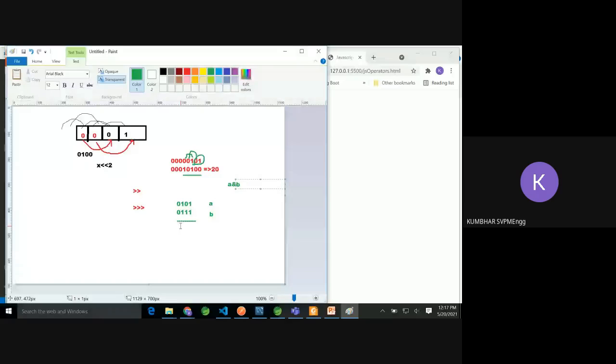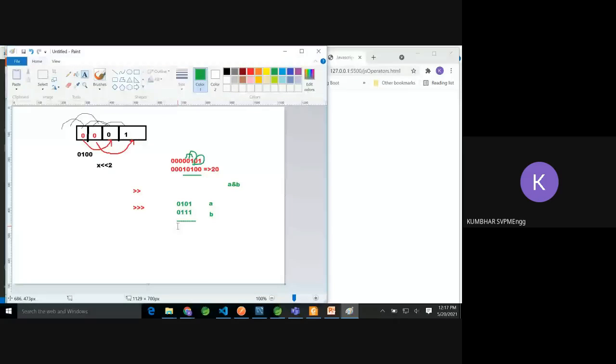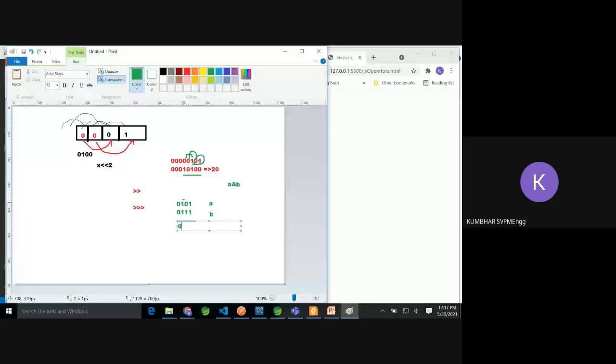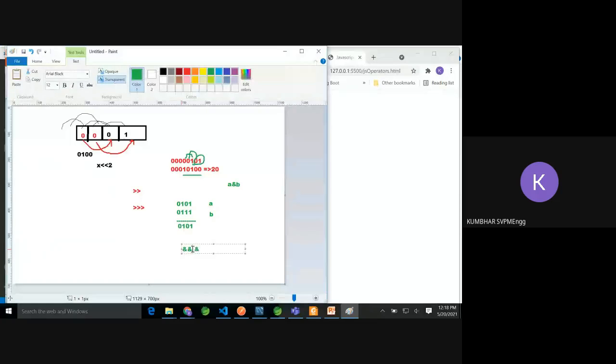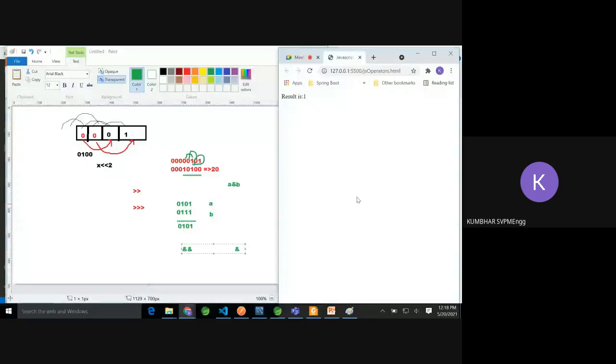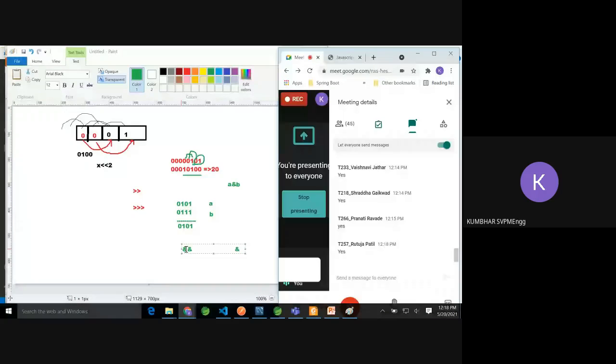1 and 1 means 1. Let's go from this side. 0 and 0 means 0. 1 and 1 means 1. 0 and 1 means 0. And 1 and 1 means 1. So this will be the and result. I hope you are getting it. And I hope there is no confusion between double and and single and. Give me a reply. Yes, sir. Yes, here it works bit by bit, and there on the numbers. Great. So let's move ahead.